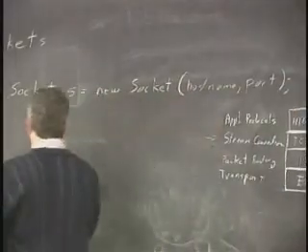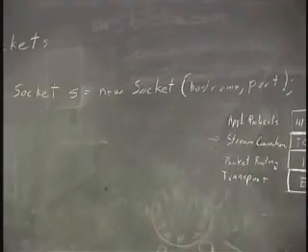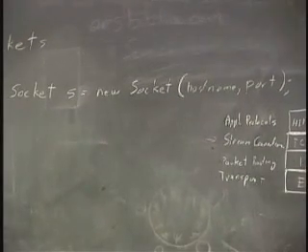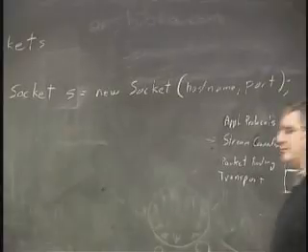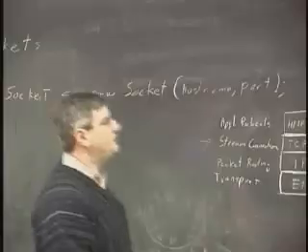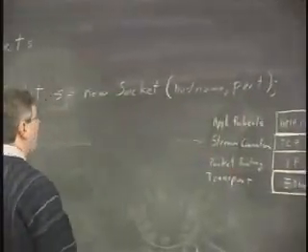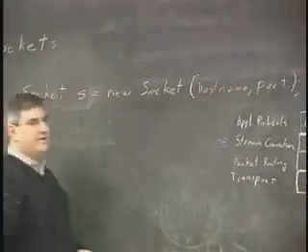The host name can either be an IP address as a string in that format, or Java has an object we'll talk about later that represents internet addresses. Or you can use a host name, like